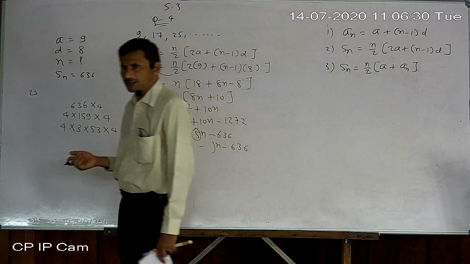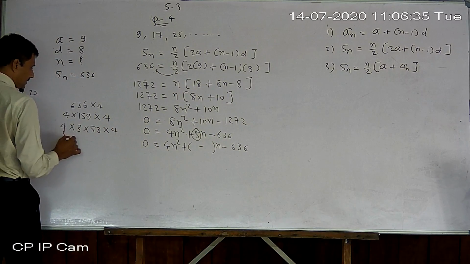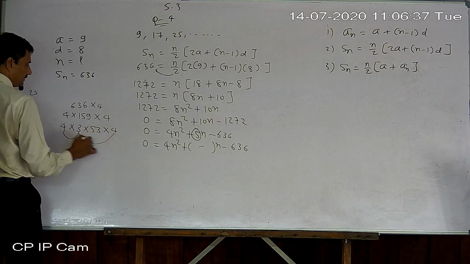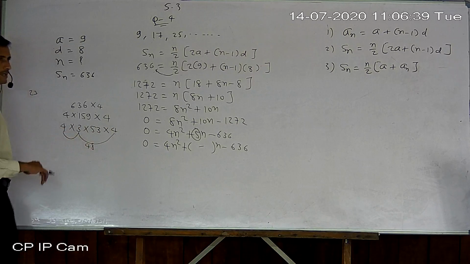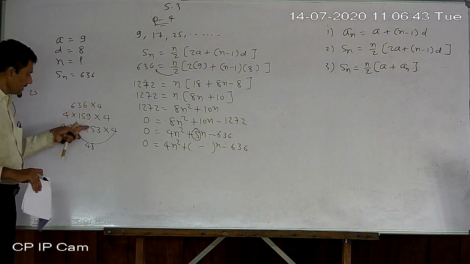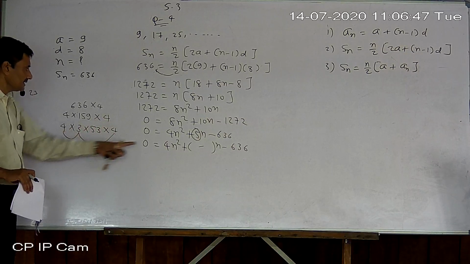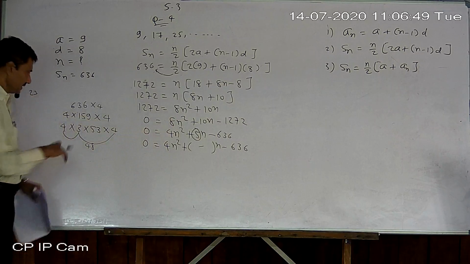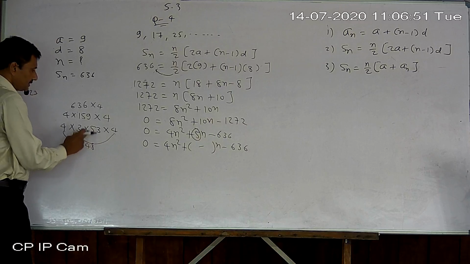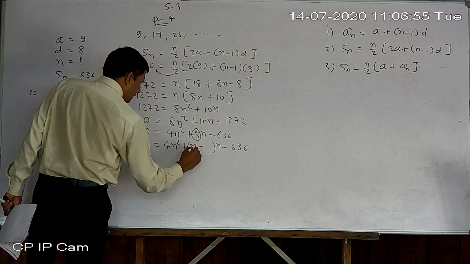Now just check. One factor is 53. Then just combine all the other factors: 4 times 3 is 12, times 4 is 48. So now look here. Actually, whatever number is there, it is a product of 53 and 48. Check whether its difference is 5 or not. Yes, its difference is 5. So we can take 53 and 48.